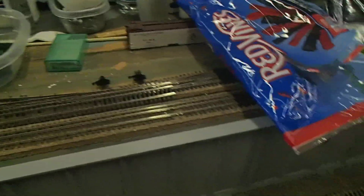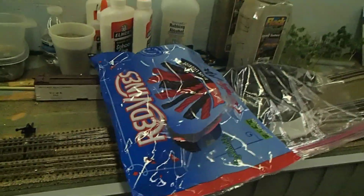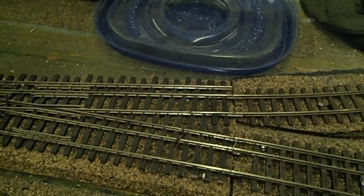You'll just see this, it'll just be all the way. And more supplies and things that are partially done and half done. Got to have our snacks. So then the HOn3 goes into a tunnel. HOn3, this is where it divides out. Should move my licorice. I gotta move them both. There we go. So that's where our HOn3 takes off in its own gauge,